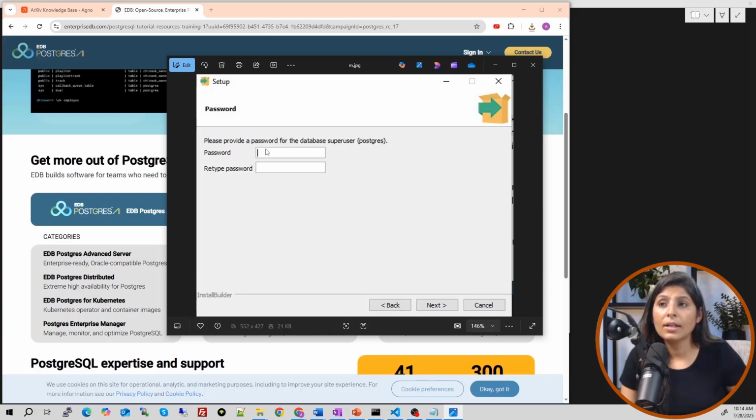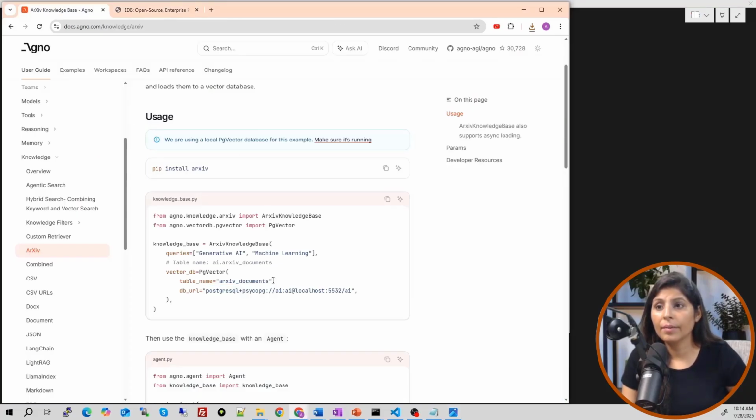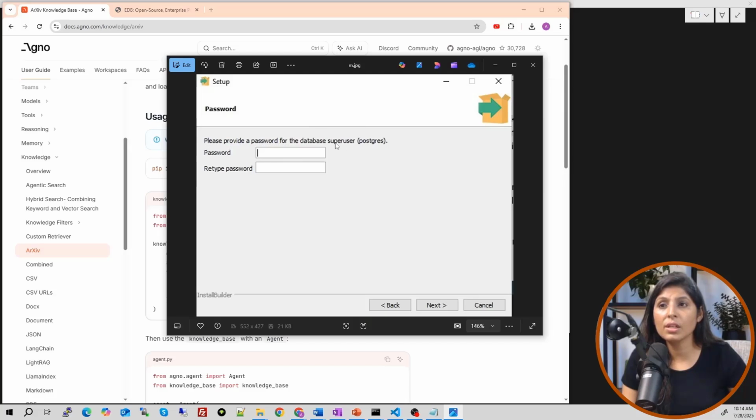Here you will type the password which we are going to use. So remember, this is the password, right? And this is the username. The database superuser, if you are not creating a user manually, will by default be postgres. Just remember this, because we will use this username postgres, and the password will be whatever password you want to write. Remember it, because we are going to use that password in the command later.